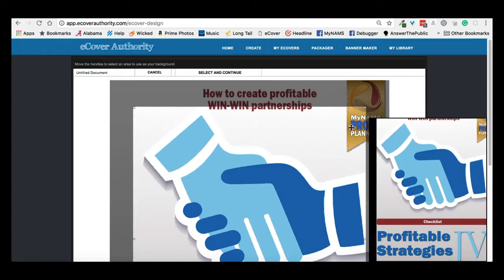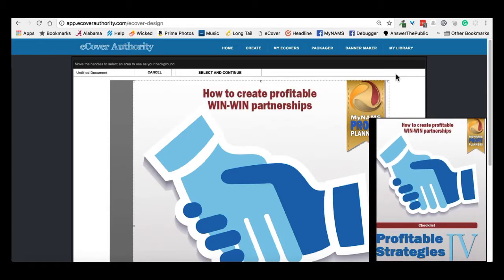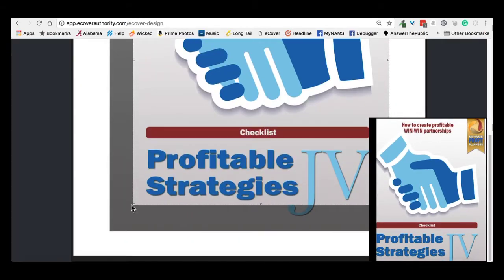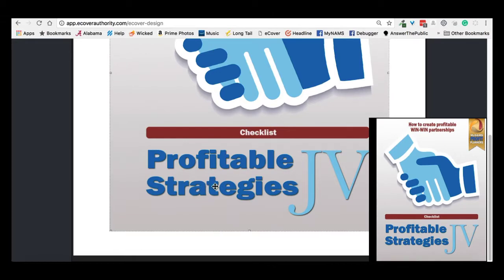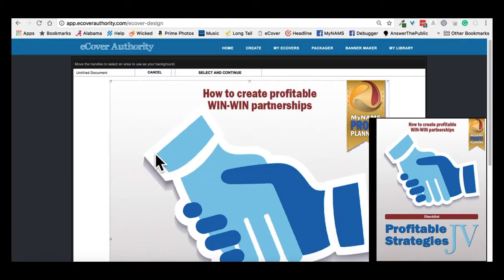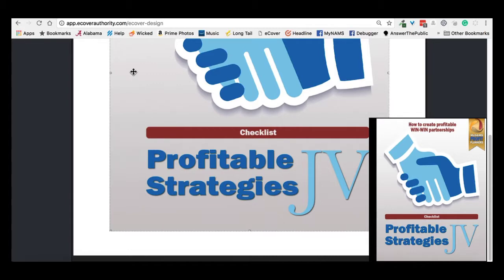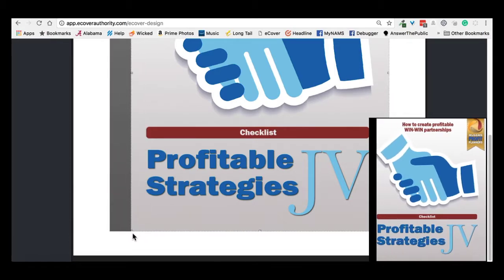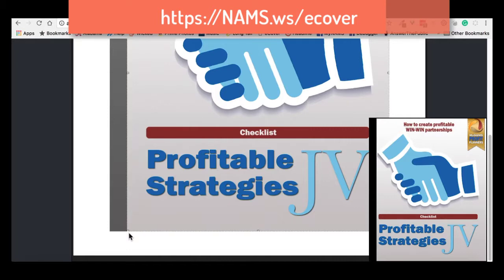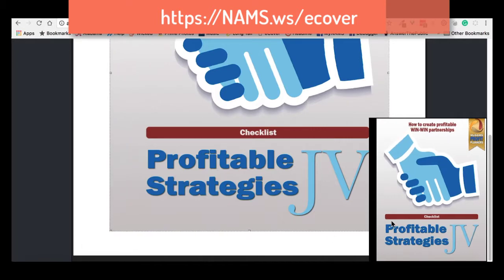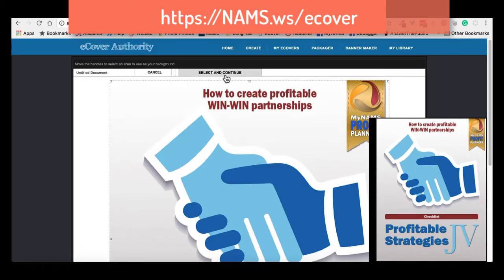I grab that. Now I can build this entire thing in this software if I want to, but I find it's easier to go ahead and do it in Photoshop and be able to drag the corners to fill out the entire thing. Notice I still have my thing over here, and you get a preview of what it looks like over here on what you've selected. So if I only wanted to go to there, I could do that, right? It looks kind of terrible, but I could do it. Okay, so I come up, select and continue,